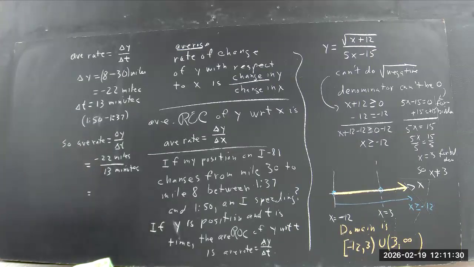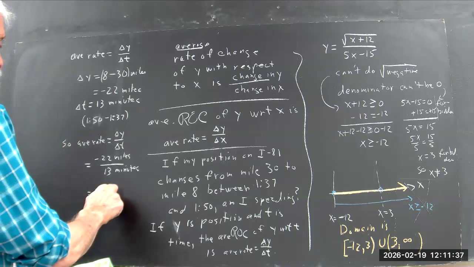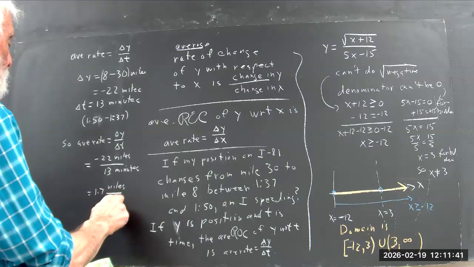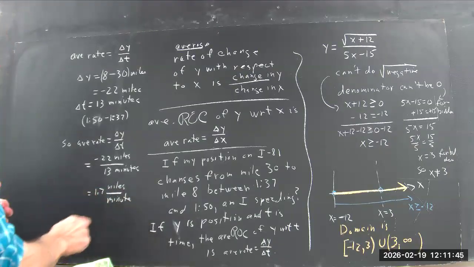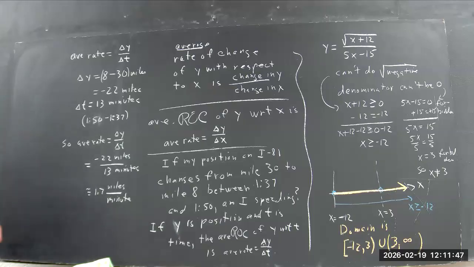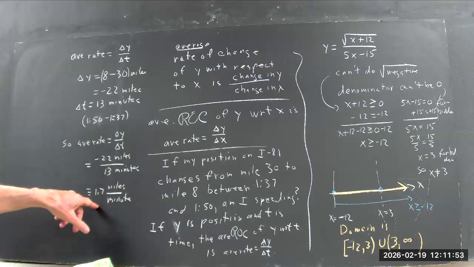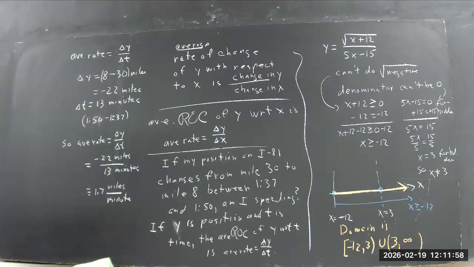That's negative 22 miles over 13 minutes, which is like 1.7 miles per minute, approximately. Okay, pretty close, within a tenth or so. 1.7 miles per minute. Okay, now